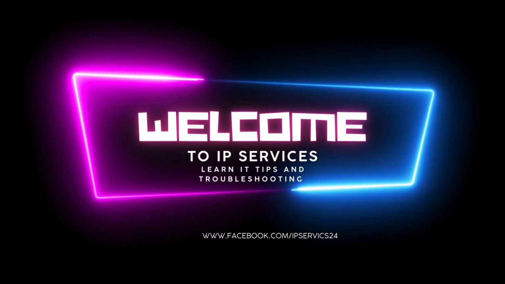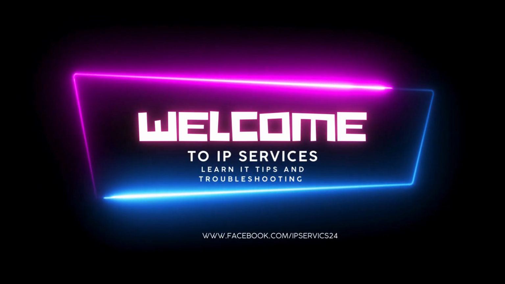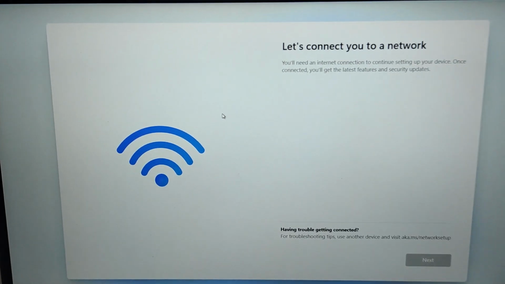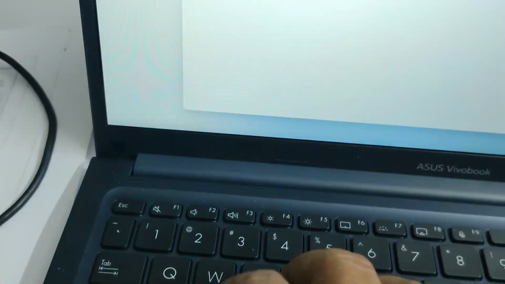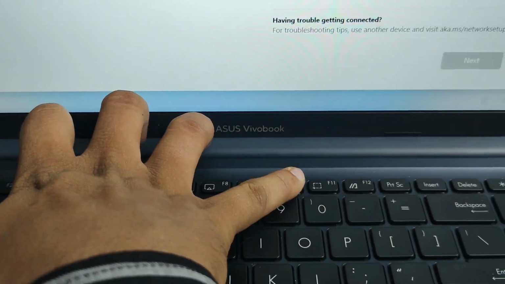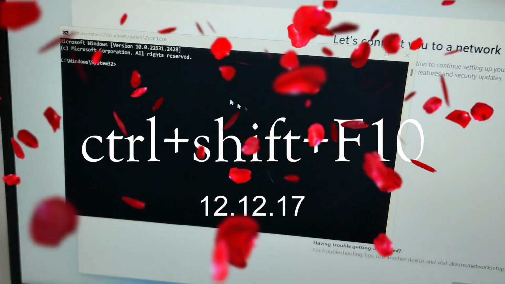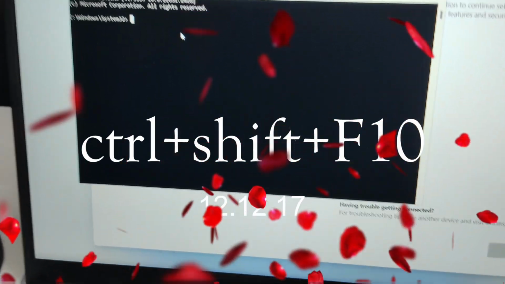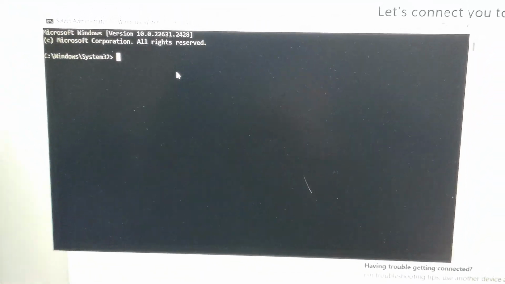Today I am showing how to bypass Windows 11 setup. Let's connect to a network problem, 100% solved. Let's begin. First of all, press Ctrl Shift F10. Then open CMD. Then type